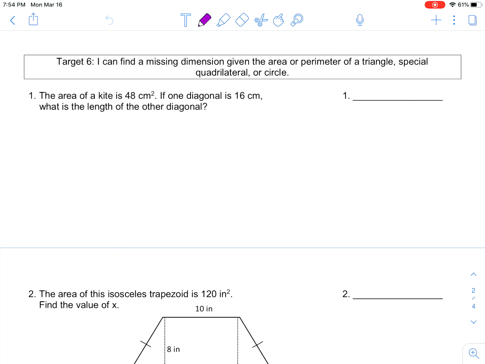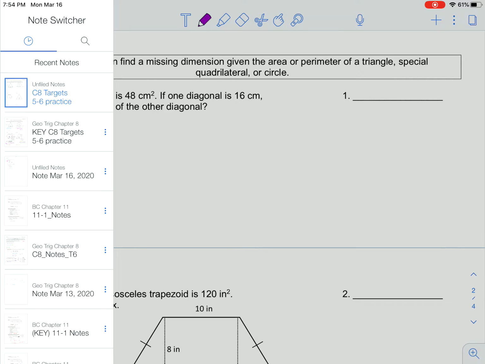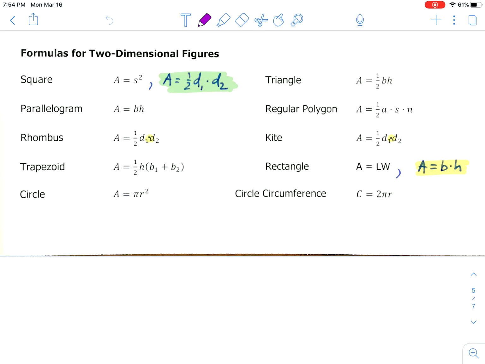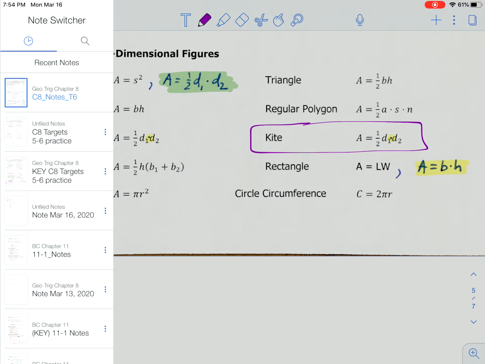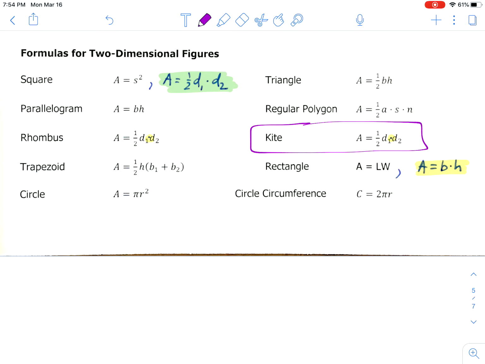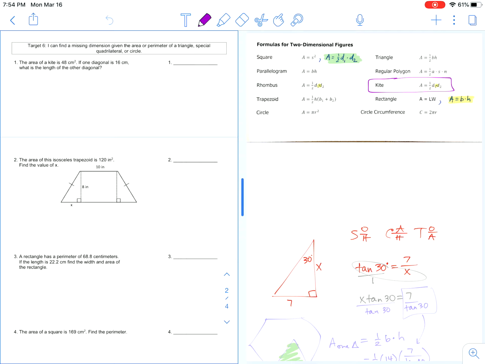At this point you actually want to go ahead and grab that half sheet, and I wonder if I can just find it in my note switcher. I think I had it right here. I'm going to find that formula sheet. If you lost your formula sheet, I did put a copy of a screenshot of it onto our Schoology, so you can find it there. I'm wondering, can I have two of these open at the same time? I don't usually do that, but I think I can. Okay, so